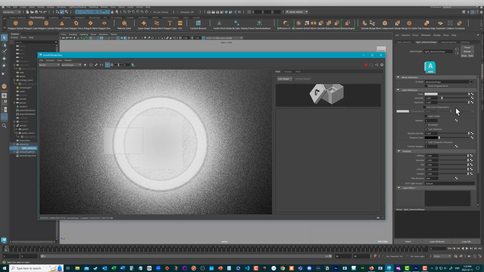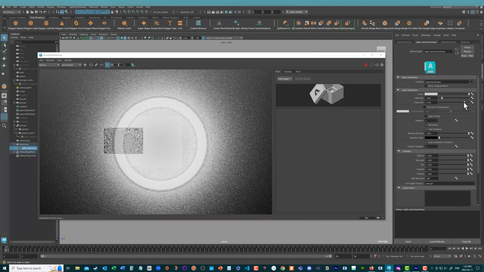Now, it's very bright, but if I turn down the exposure, it gets too dim. So the thing with a neon light, it's got to be super bright. The gas is really bright, but the light that it casts doesn't go that far. And the best way I've found to do that, well, there are two ways. You can turn on light visible here, so it makes the light itself, the light source, visible as a bright